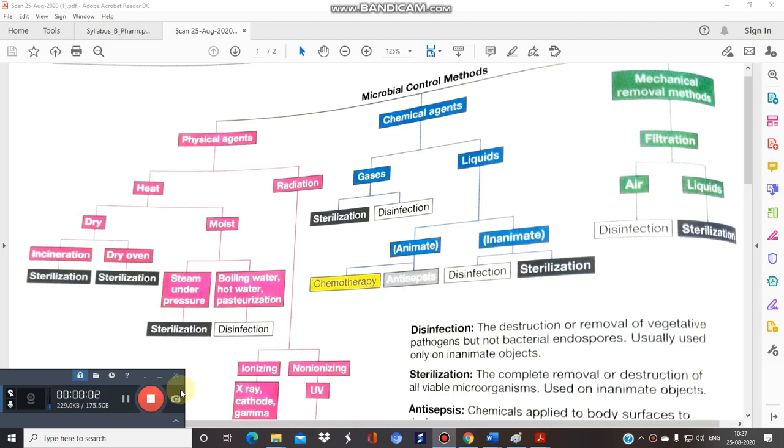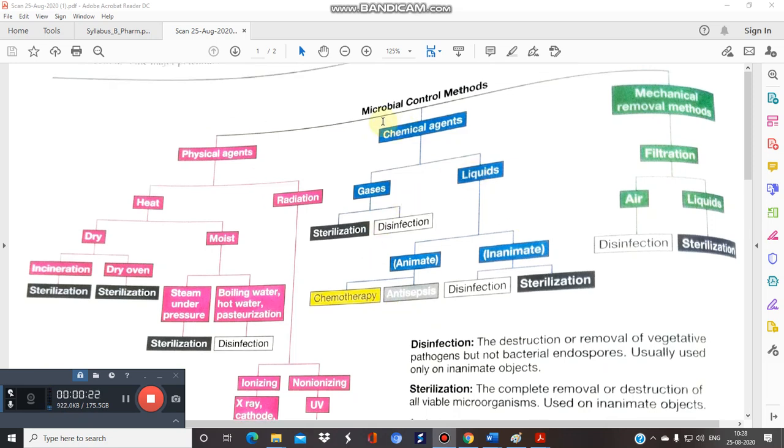I welcome you all to part 10 video of sterilization methods. In this video tutorial, we are going to see what we have covered so far in this topic, and only after that will we take up the next topic in sterilization. Just see here, microbial control methods or sterilization methods are divided into three types. We have covered them already: physical, chemical, and mechanical methods. Or you can say physical, chemical, and physico-chemical methods, because previously we included the mechanical methods in the physical also.